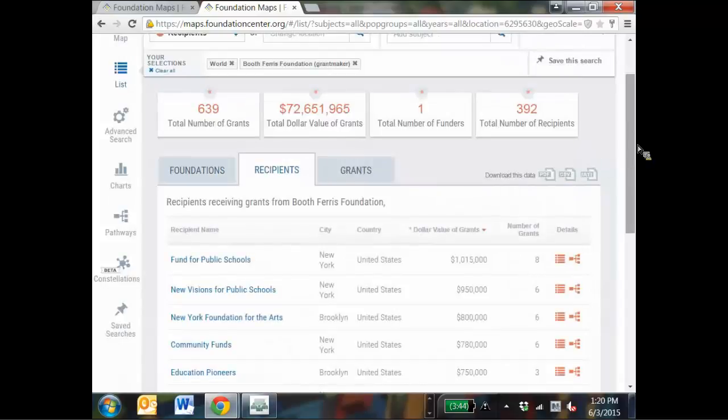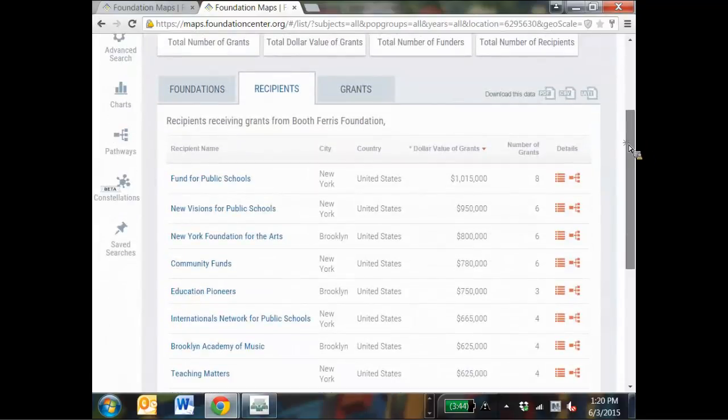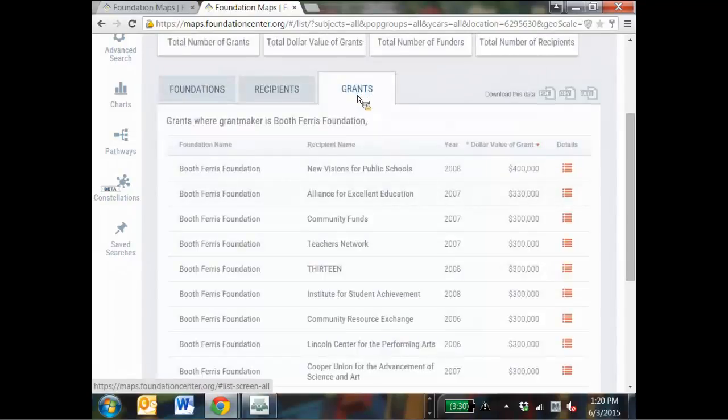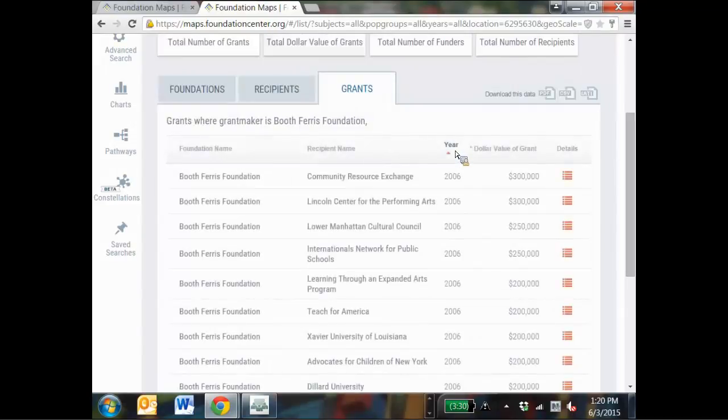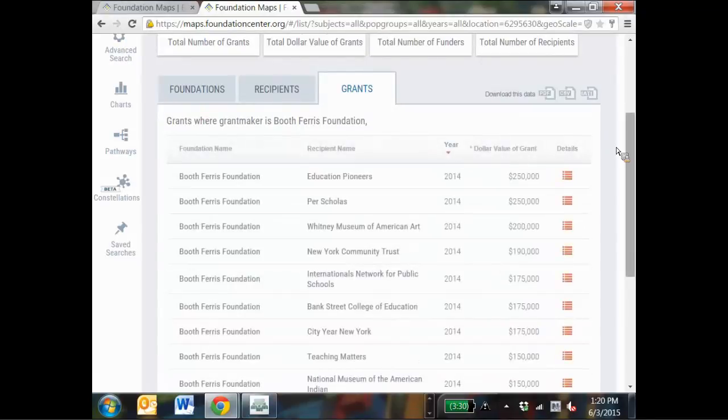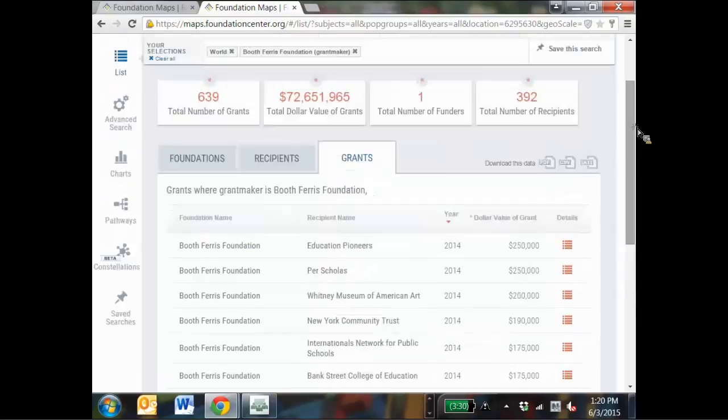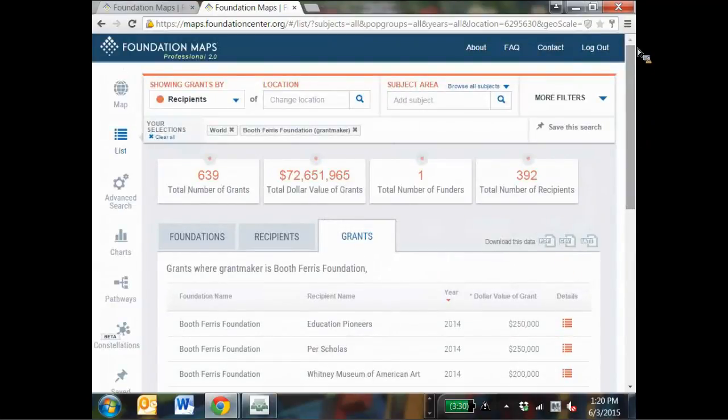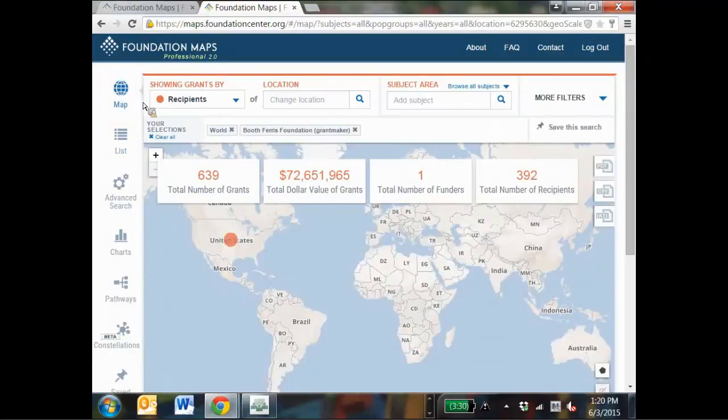Here's the recipient list for the Booth Ferris Foundation. Again, the default is by largest number of grants here. This is cumulative. Here's grants, and again, it's going by the largest grants that we have. There's all sorts of ways you can sort any of these things, so older data goes to 2014 in the case of the Booth Ferris Foundation. Okay. So great. One of the things that Booth Ferris did, or does basically,